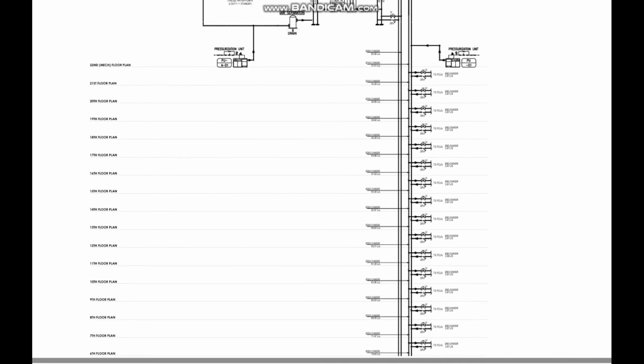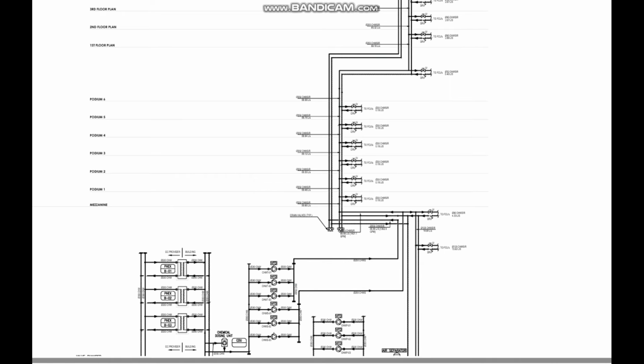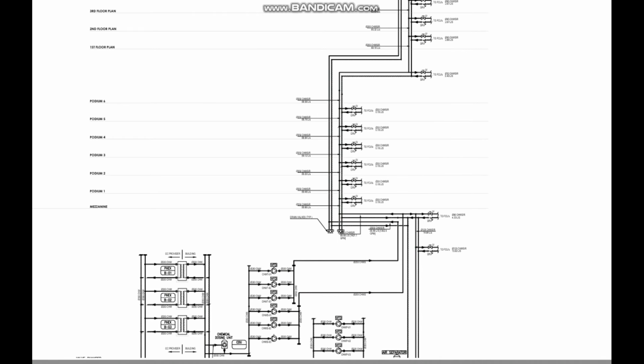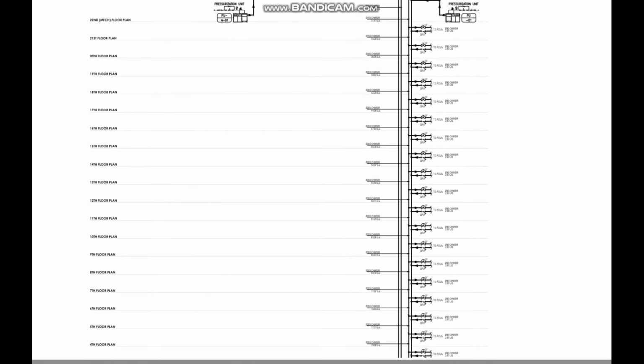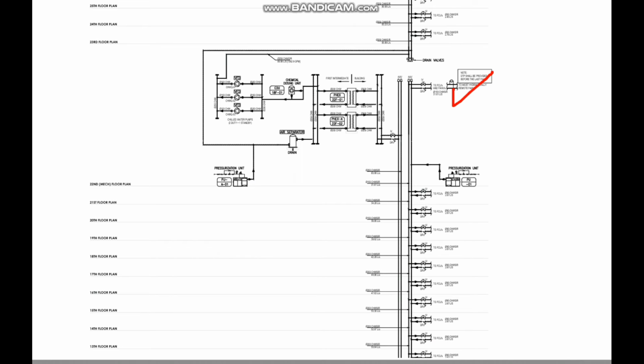For example, if I go down, you can see here we have two loops, as I told you. One loop is supplying the water to another heat exchanger which is located in the mechanical floor. Another pump is supplying the water from the first floor till the mechanical floor. For example, if I go to the top side, you can see the supply line till this level. Okay, till this level the supply is happening. So all this area of supply is happening from one pump, and one pump is supplying the water to the intermediate level heat exchanger. Again, this will go